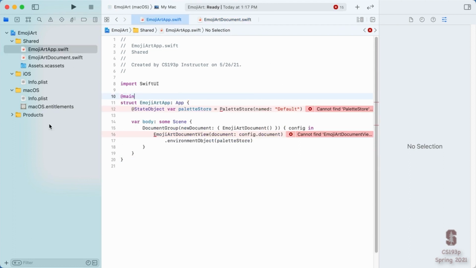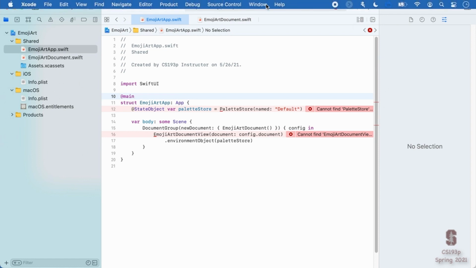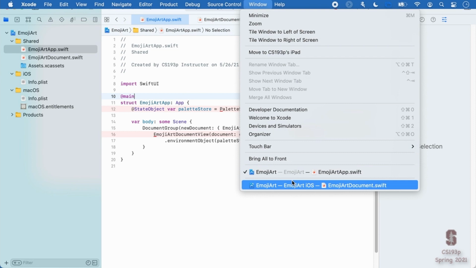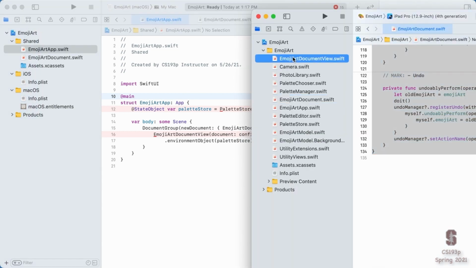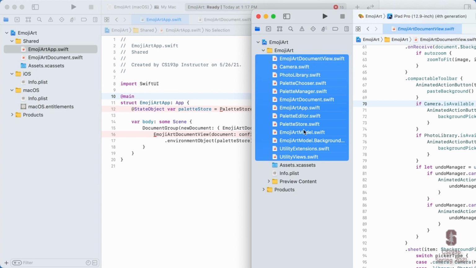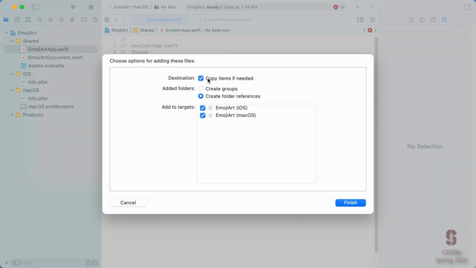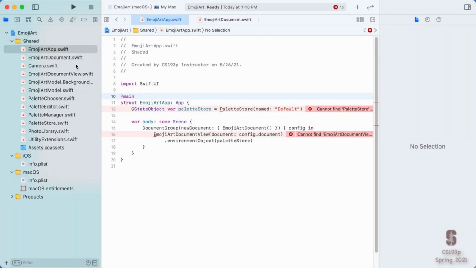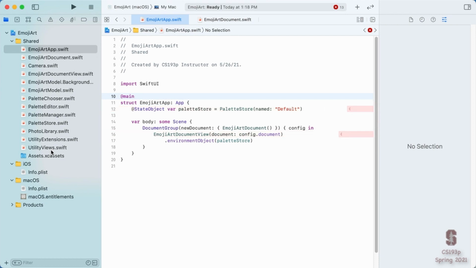And next, let's go grab all the files that are new to this template over here, iOS, and that's pretty much all of these files, except for we already did the document and the app. All right, so let's pick those up, drag them in here, drop them. Definitely want to copy them. And notice this add to targets. It's saying, are all these things you dragged in going to apply to both building an iOS app and a macOS app? Well, to start, yes, but we're going to have to change that because some of these things that I dragged in just make no sense on macOS, and we're going to have to note that.